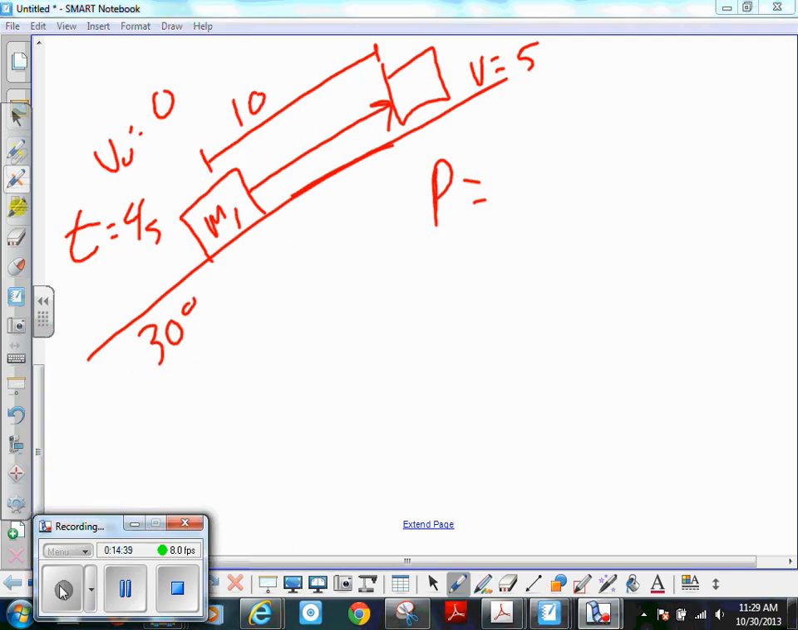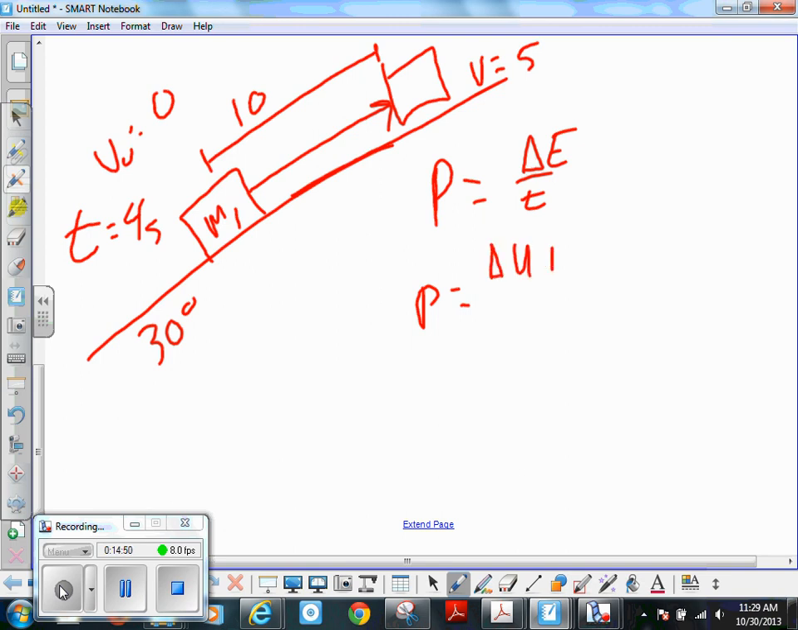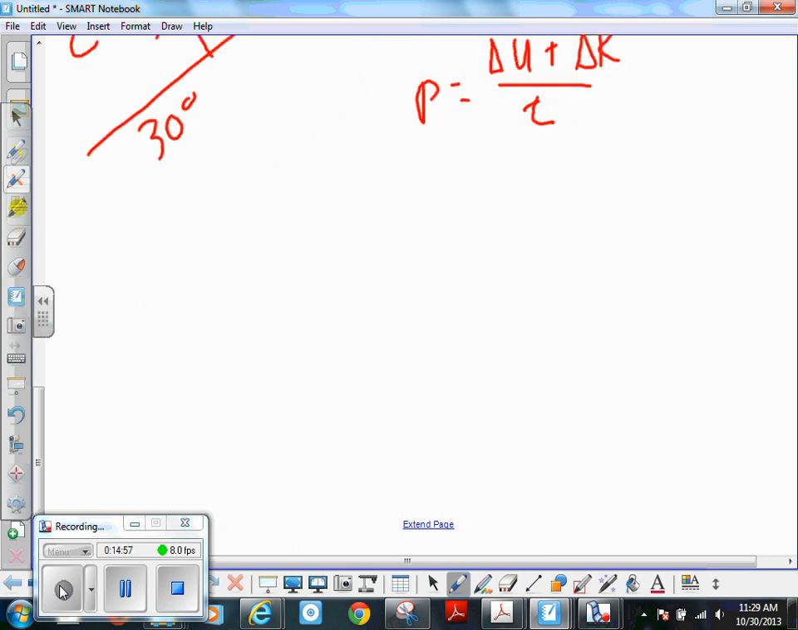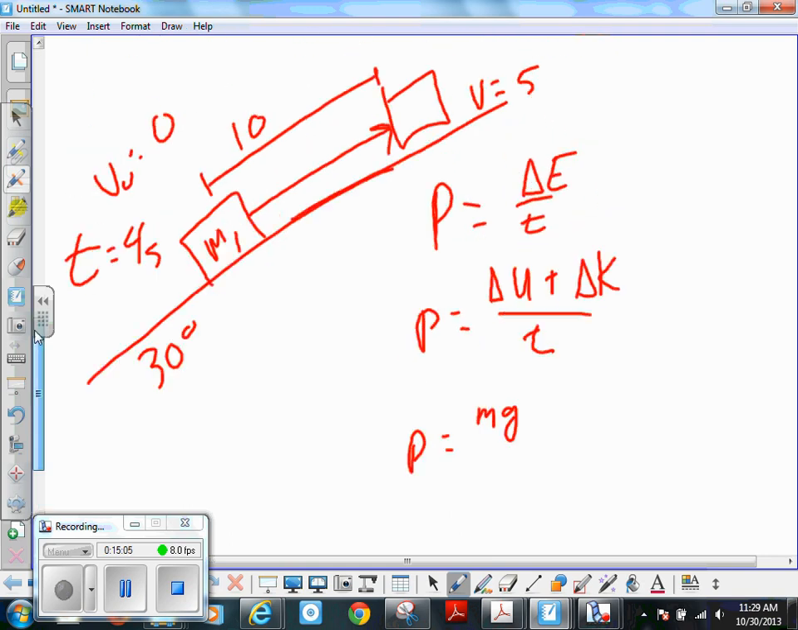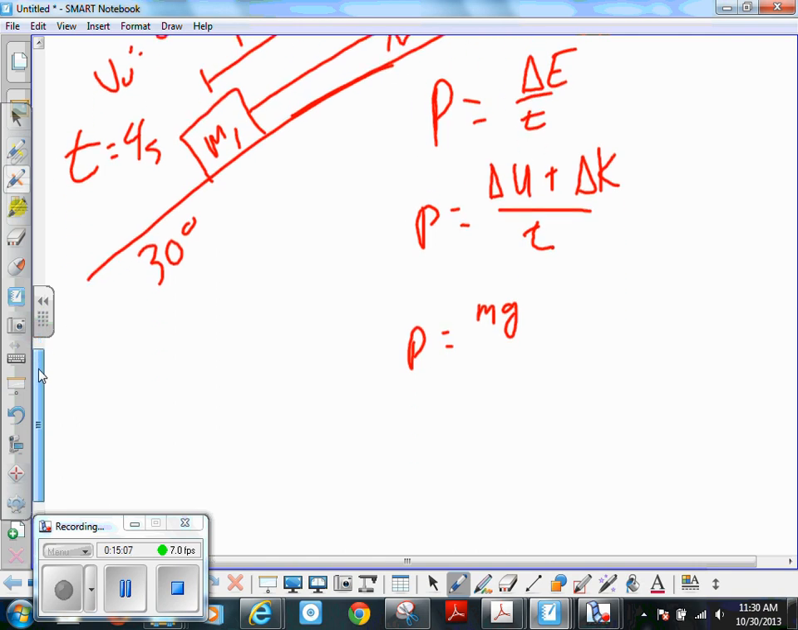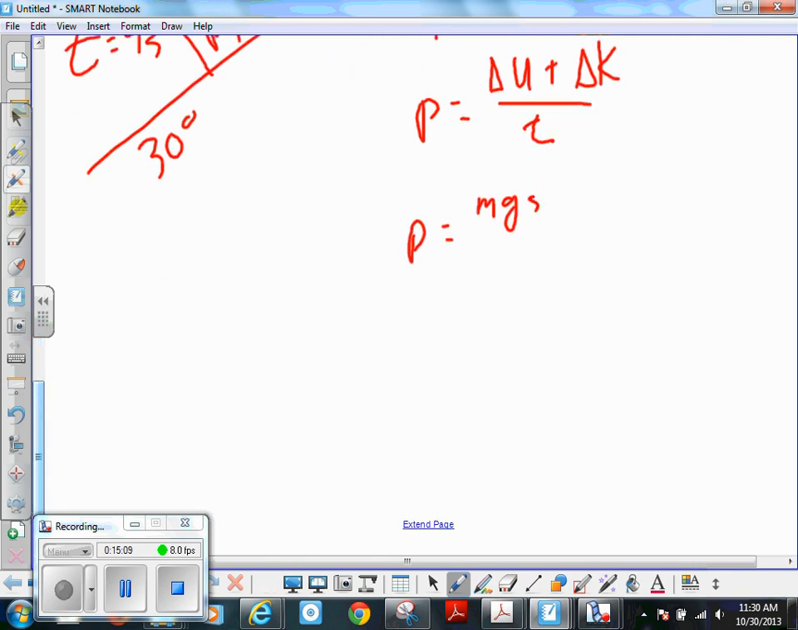So if we think about change in energy per time, then we can say power in this case is change in potential plus change in kinetic divided by time. You agree? So power here is mg, and our change in h is, well, it's going to be 5, right? Or the sine of 30 times 10